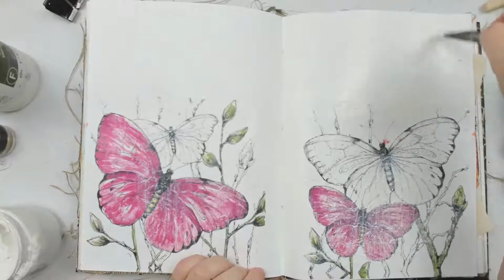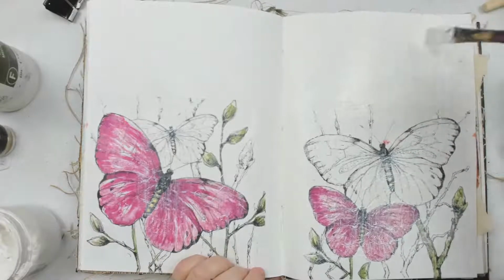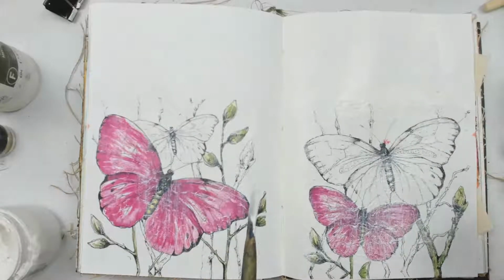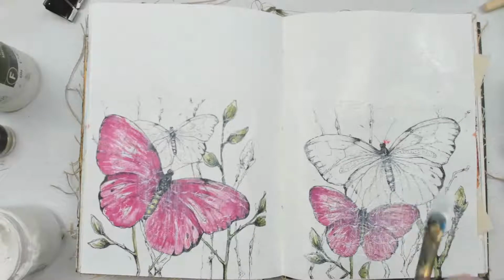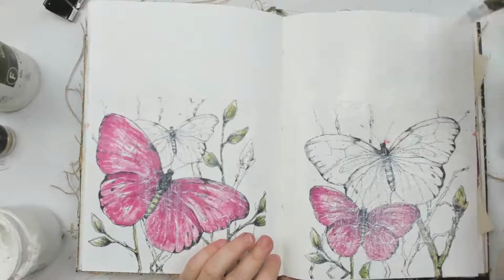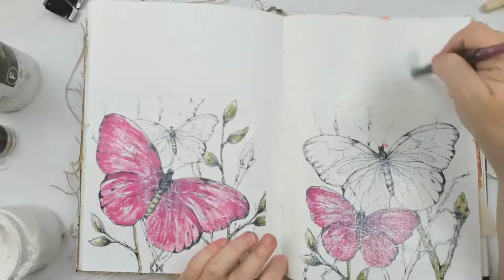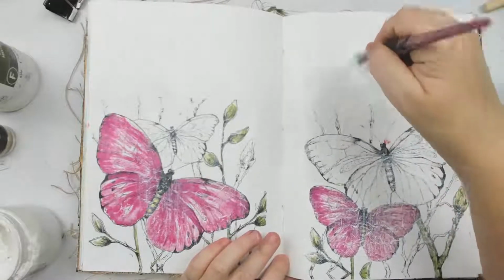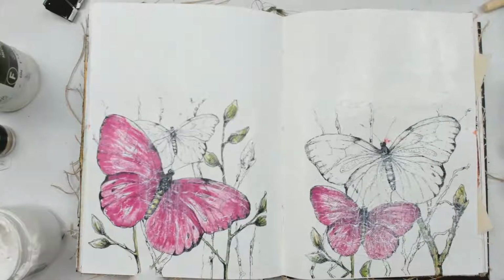And I'm covering the whole page with gesso because I'm going to be adding some of the magicals on this, and I want to make sure that they run smoothly and they don't soak up into the page. These pages from this Dina Wakley media book are quite thick, and they are,